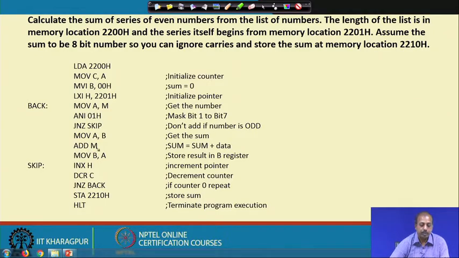So, this is basically with the previous sum we are adding the current even number and then storing back the result to the B register, MOV B, A. So, this will store the result of this addition into the B register. Then we increment H, decrement the C register and then JNZ back. So, if the C register value has not become 0, that is, all the numbers are not checked,